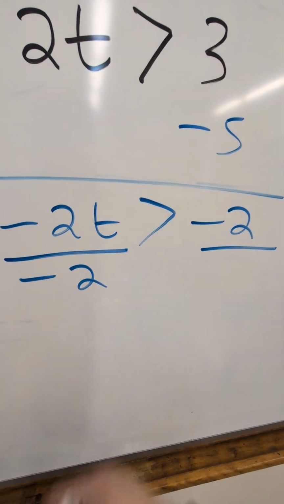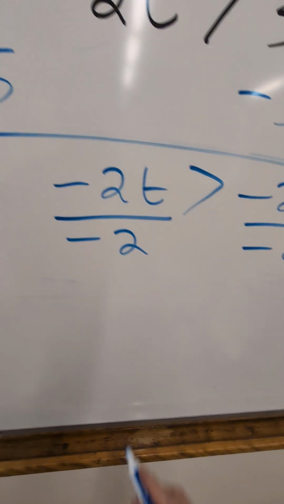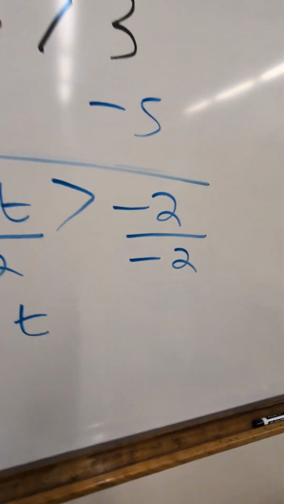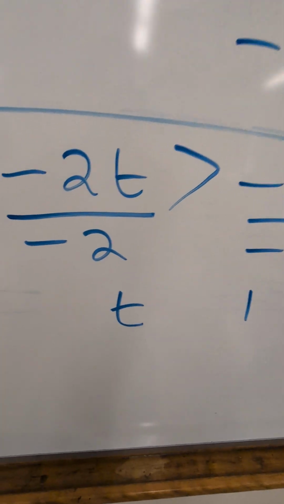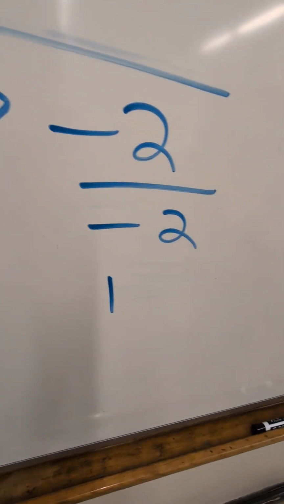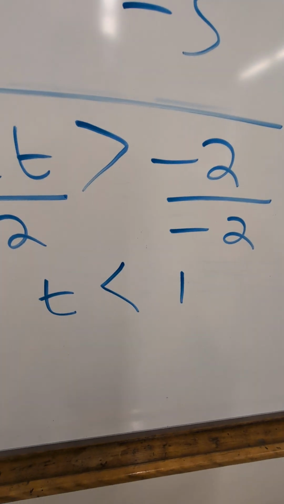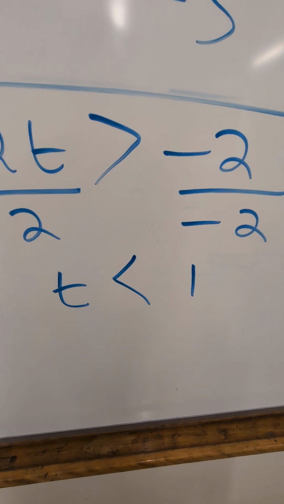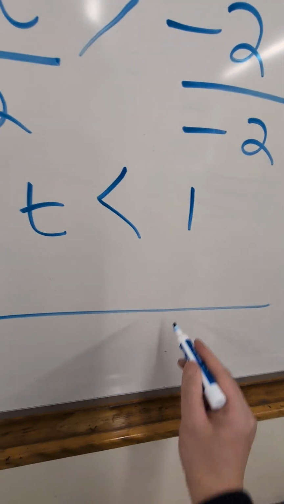It's the opposite of multiplying. What I'm left with on the left side is t. On the right side, negative 2 divided by negative 2 is 1. The thing I have to remember, though, is if I divide by a negative number, I need to flip or reverse my inequality. I might ask you to graph these solutions, so I have to think, well, I use a